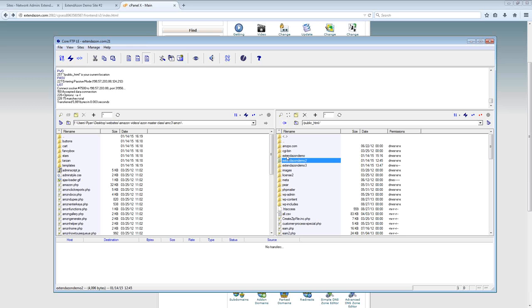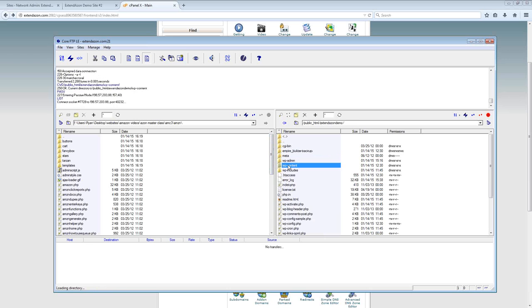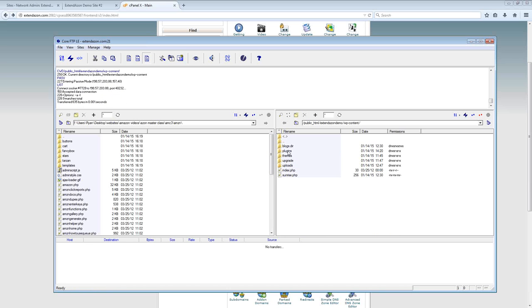So what I could do is go into Extendazon Demo, go to WP Content, and then go to Plugins and also Themes, and I can look and see what is already going to be available on this site. So looking at plugins, I look at the list here and see what is here,